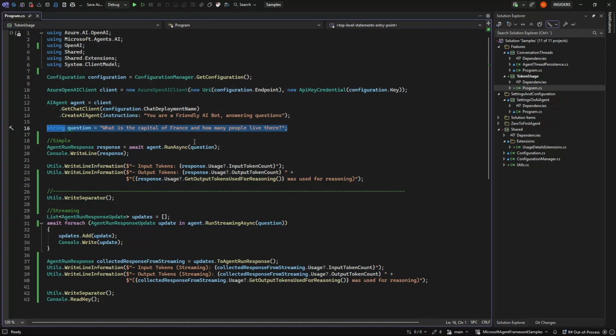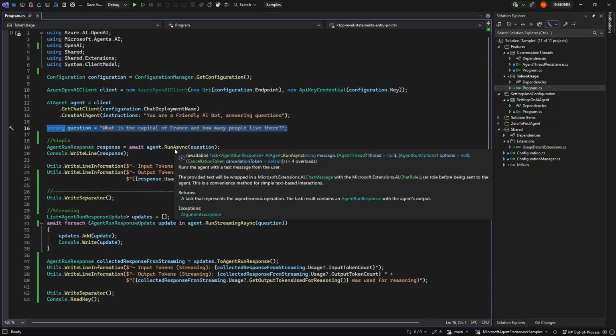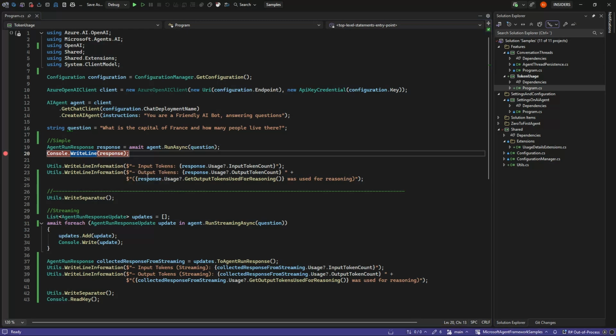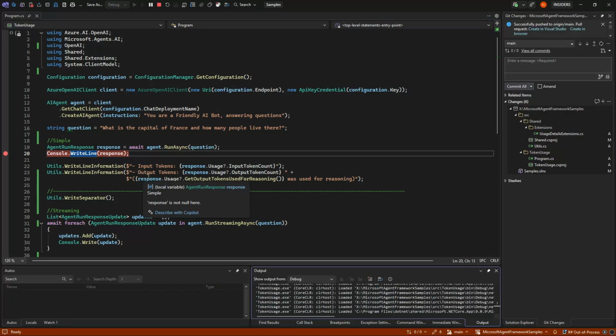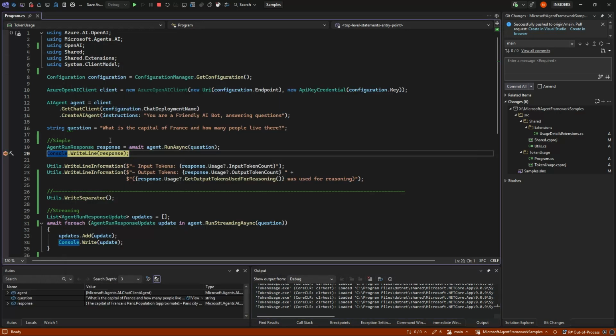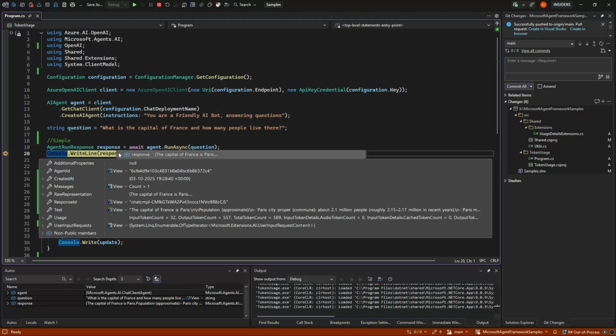Using a run async, it is a fairly simple question because if we run it to here, we will see that once it has responded back to us, we get a response that the capital of France is Paris,